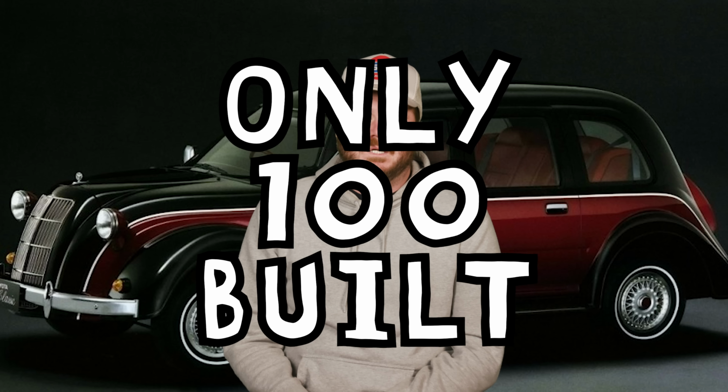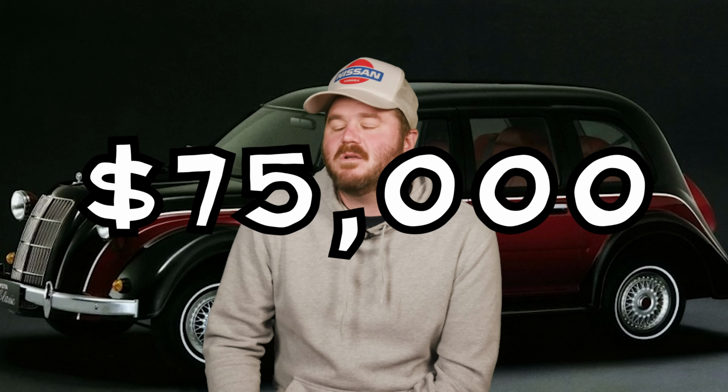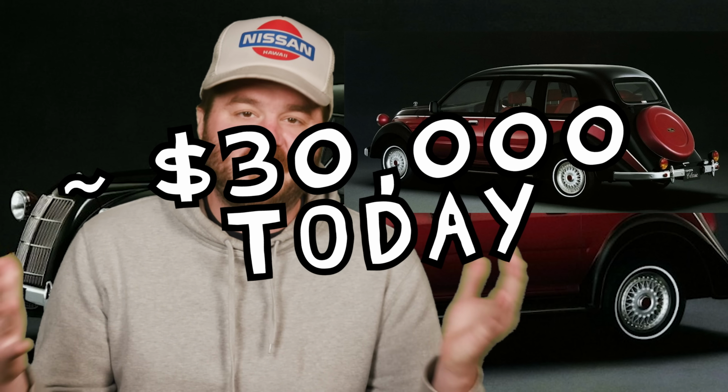Only 100 of these cars were built, and the original sale price for the car was $75,000, which seems really expensive for a joke. And somehow they can be found for around $30,000 today. I don't know. Biggest benefit of buying one of these things is that no one will be driving what you're driving,